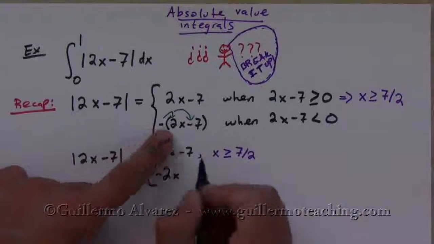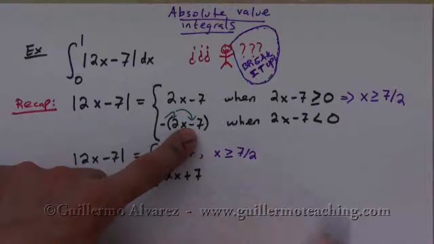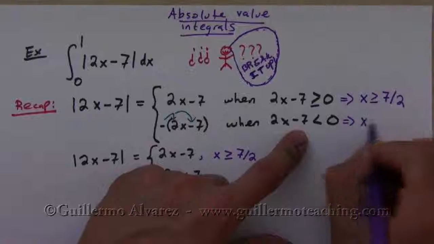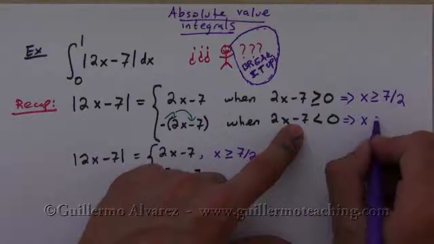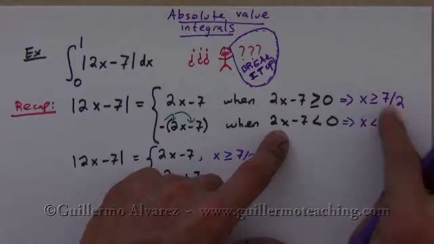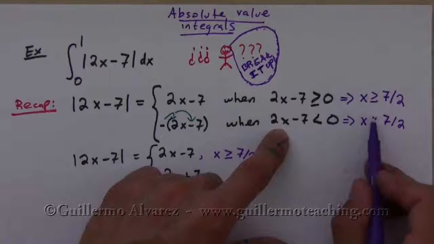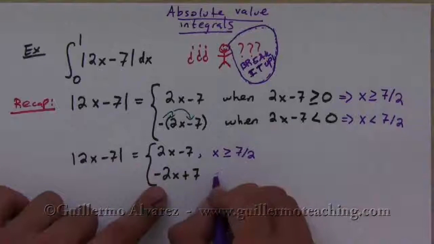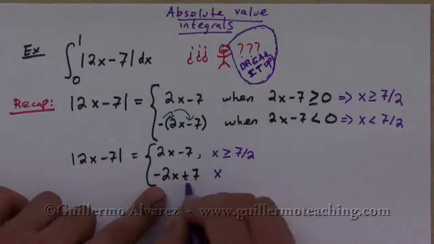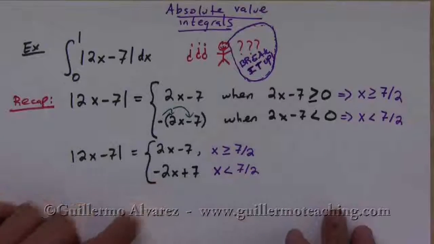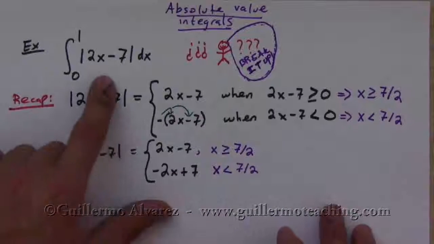Minus 2x turns into plus 7. Now let's solve this one. We're going to get x, if we bring the 7 over, less than 7 over 2. Well, that makes sense, right? It's the same number, just for one it's greater, the other one it's less. And so this is going to be minus 2x plus 7 when x is less than 7 over 2. And so then to find this integral, well,